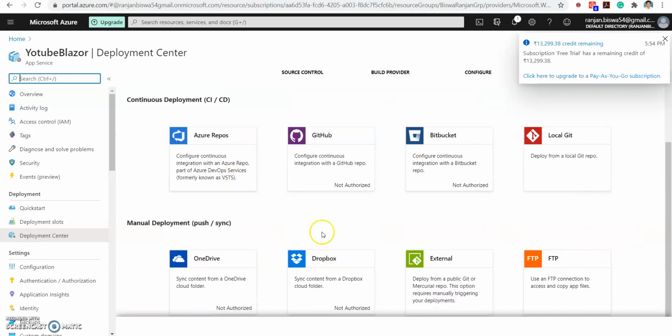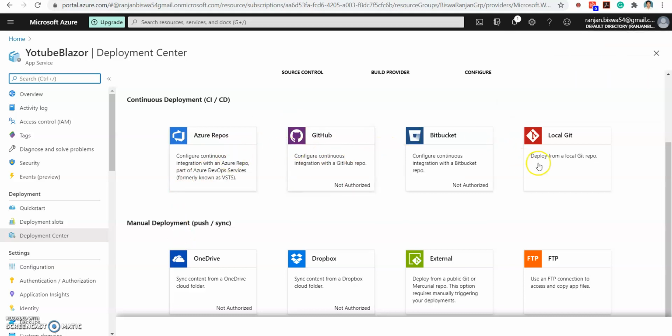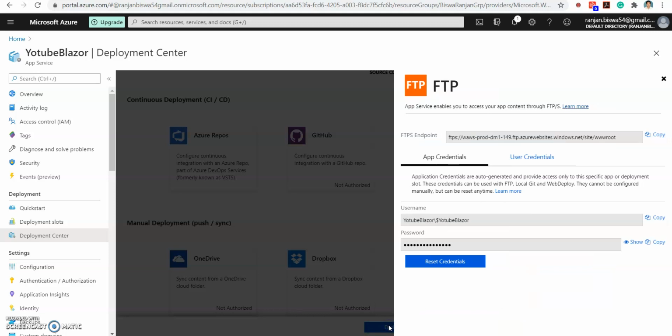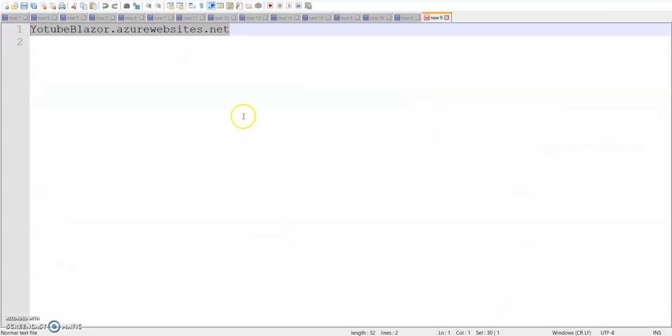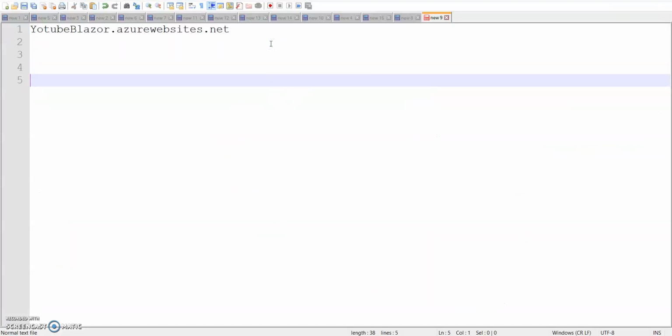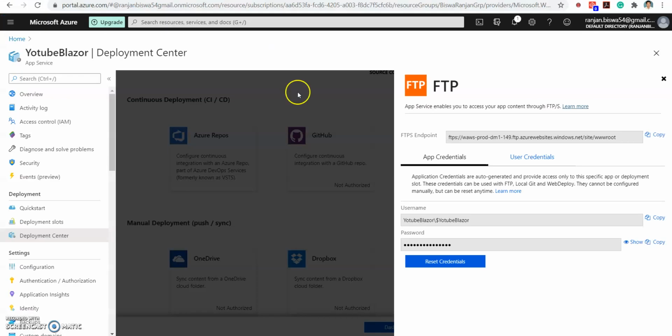So here I don't want to go with any GitHub or Azure repository. I'm just going with an FTP connection. So click on FTP, click on dashboard. So you can see here the FTP endpoint, which means the FTP host address, is coming. I'm keeping it in my notepad. This is my host address.